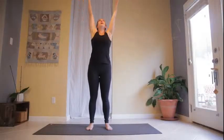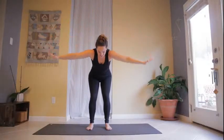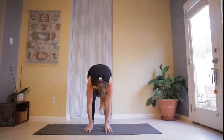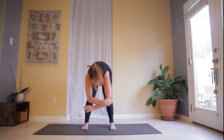Inhale, sweep the arms up overhead, taking your time. And then we're going to exhale, slow motion, dive forward, bending at the knees, lowering the chest, lowering the head and the neck, finding a forward fold. Heel toe the feet a few more inches apart, and take either elbow with your hands